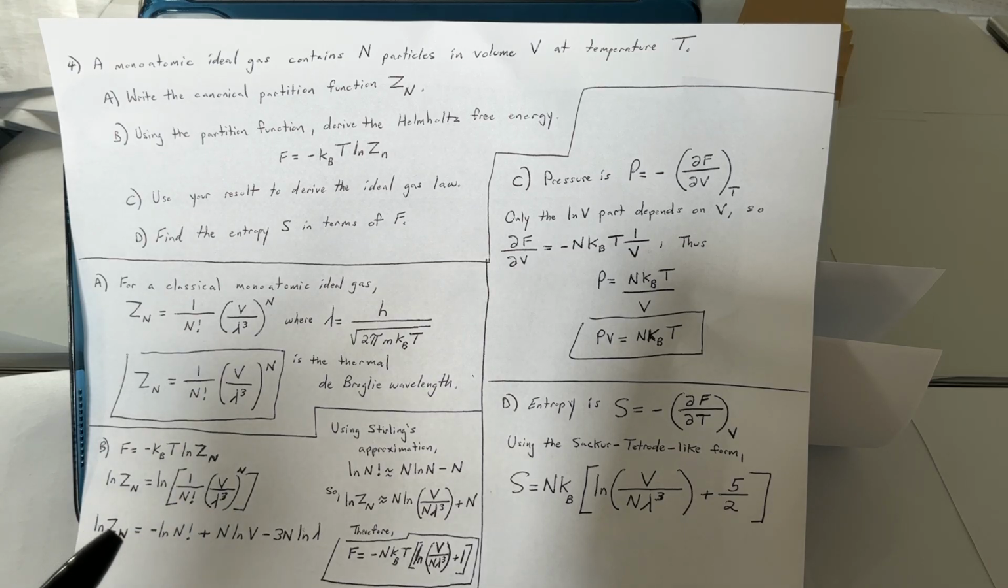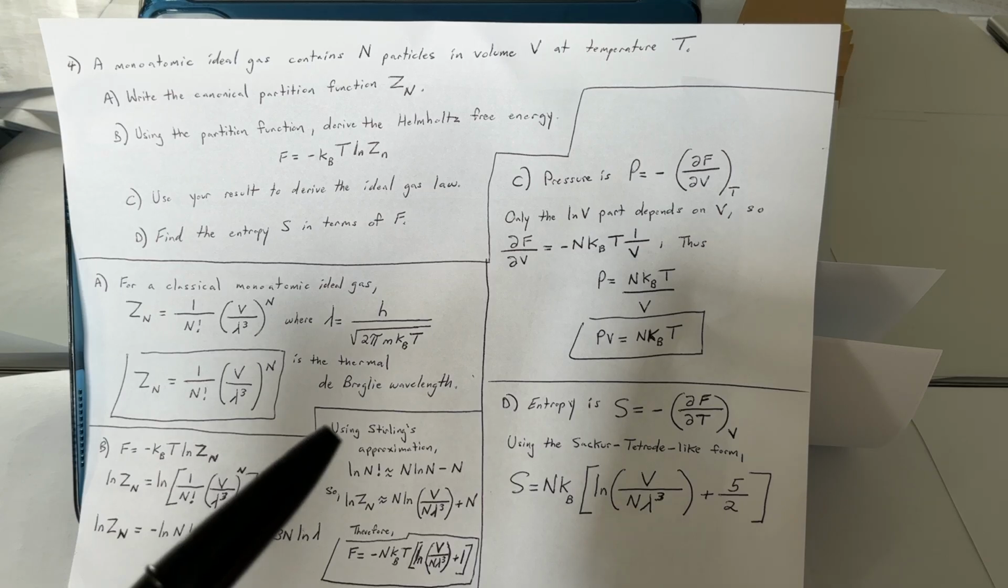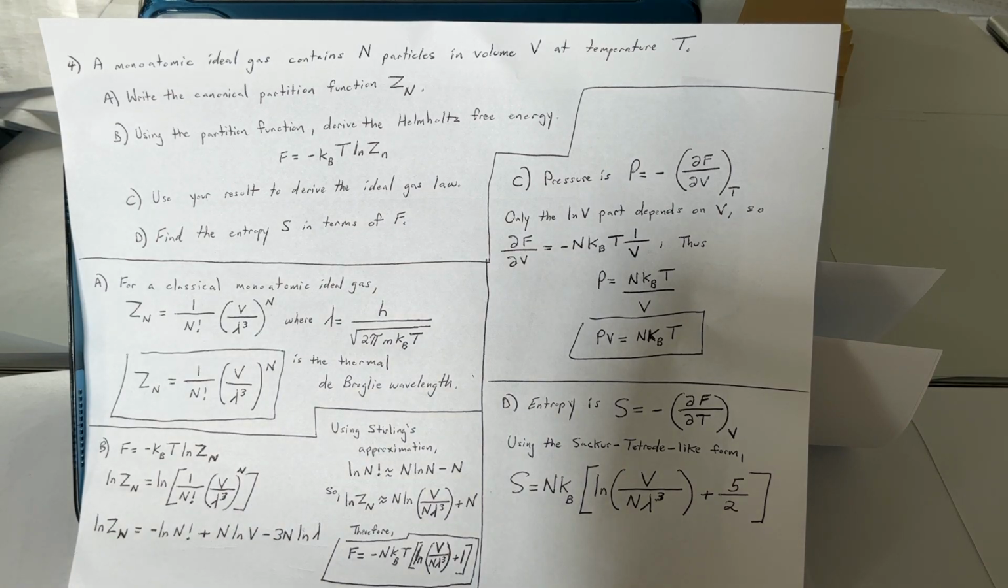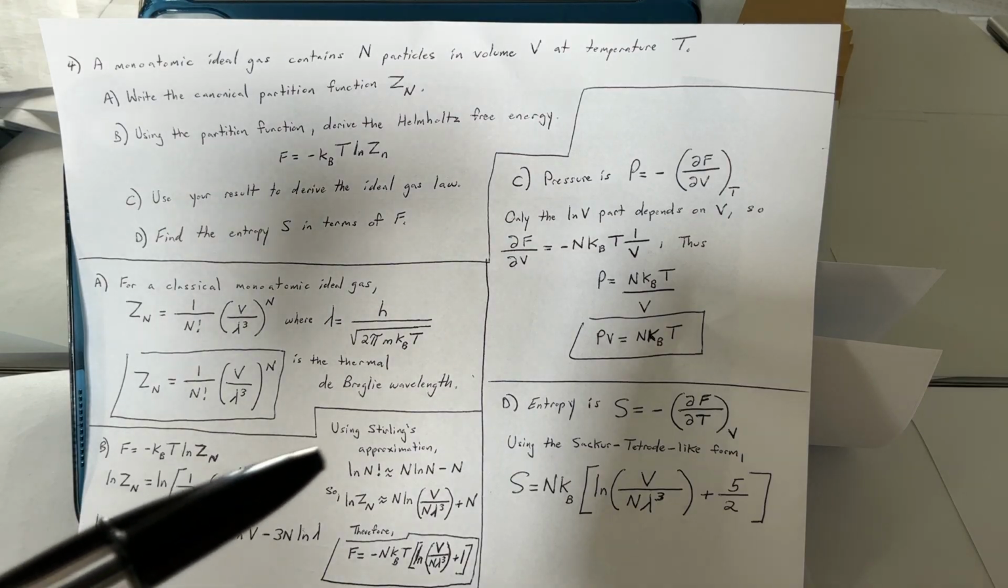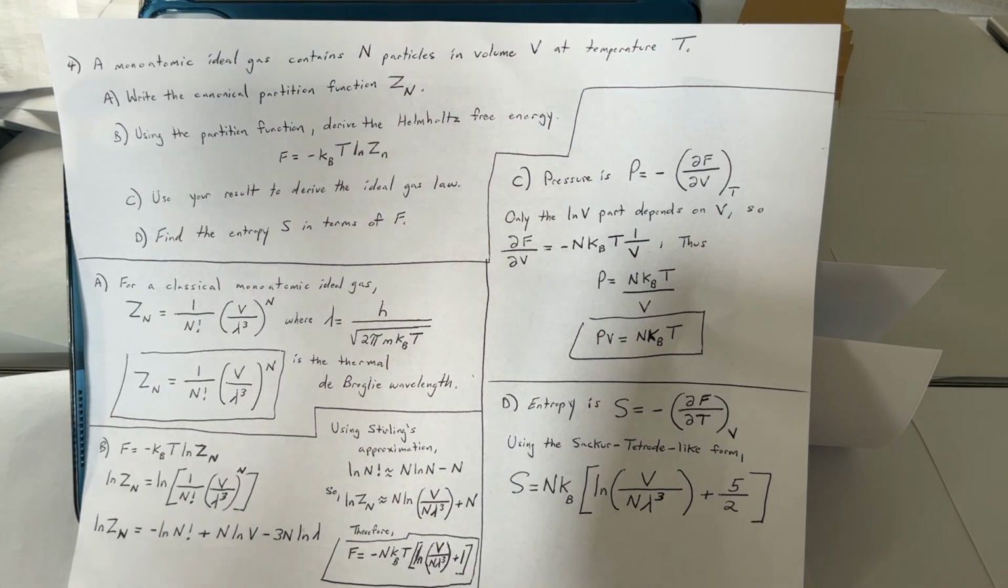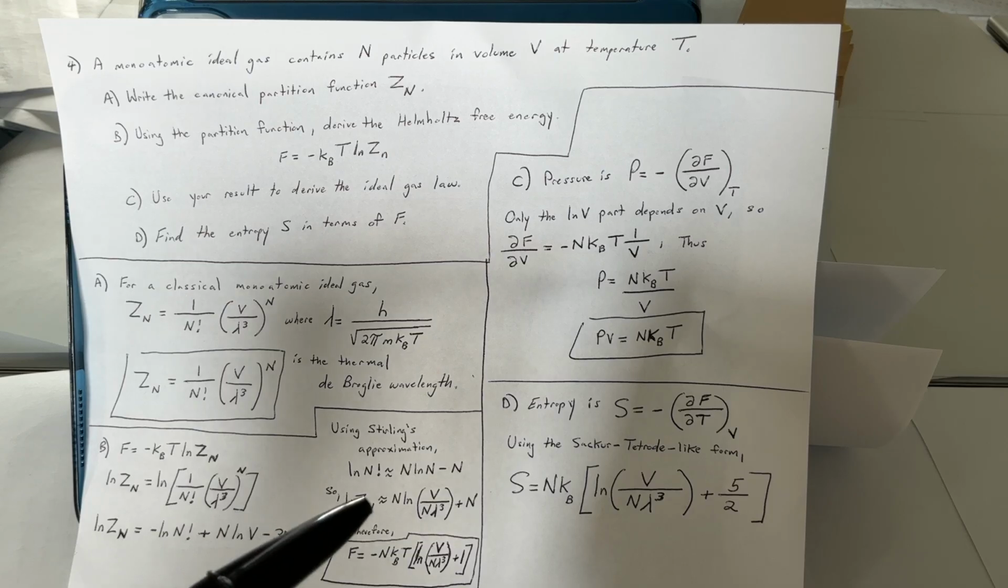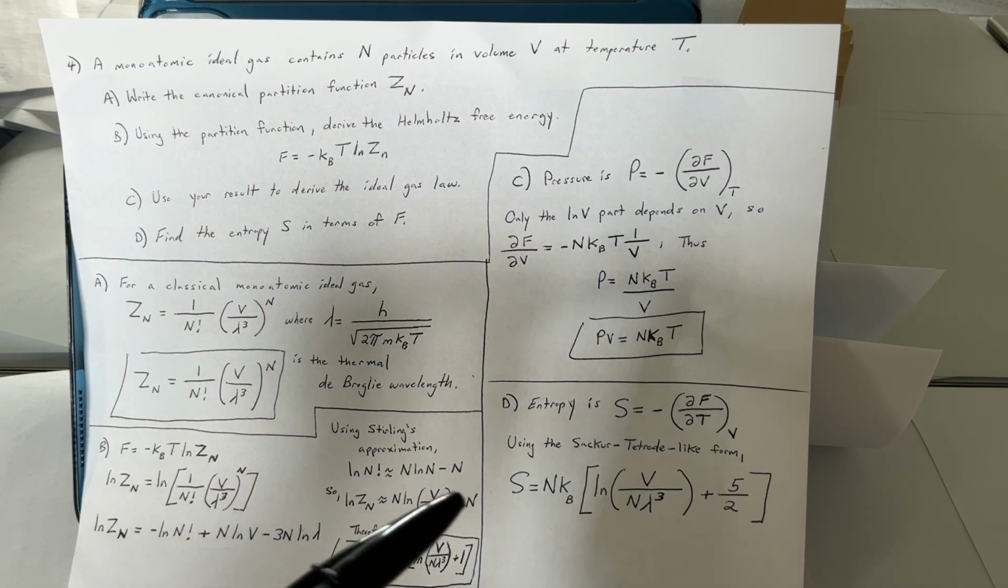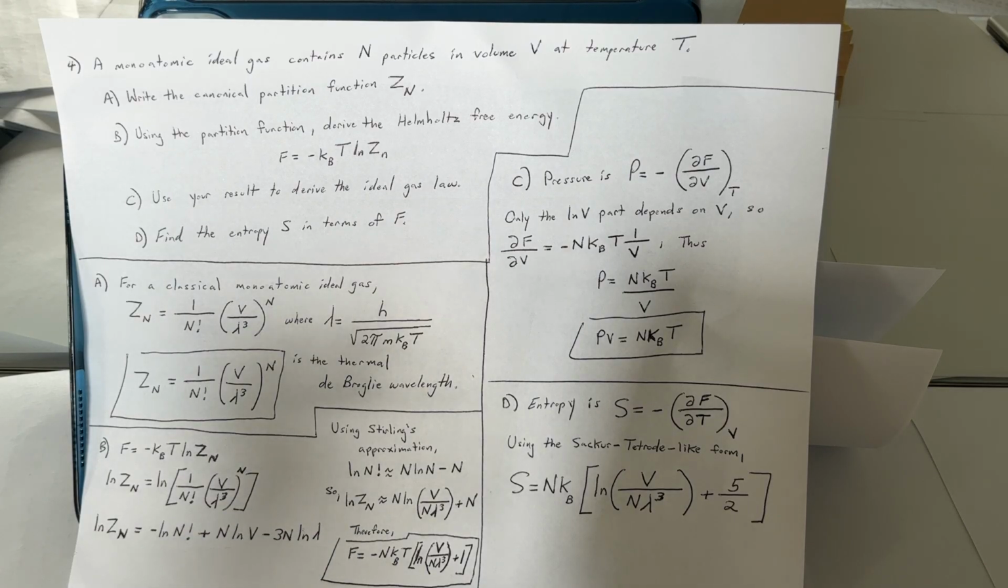Now, from here, we could expand this. We're using Stirling's approximation for natural log of n factorial. Okay? So this is expanded using Stirling's approximation. And what we're going to wind up with is natural log of z sub n is approximately n ln v over n lambda cubed plus n, and therefore when we just substitute, think about what could go where,